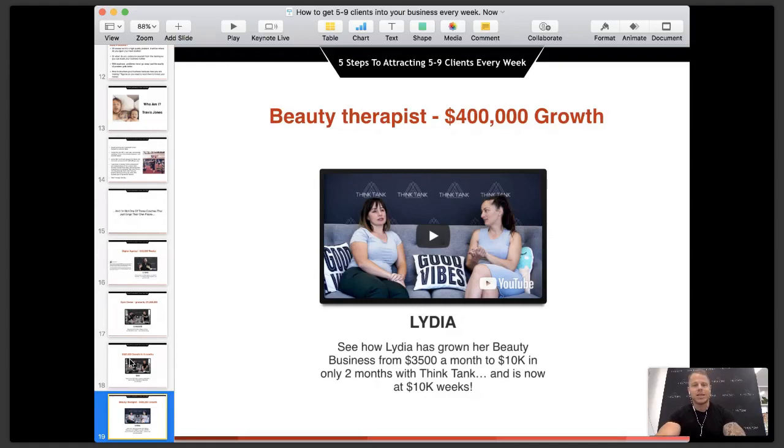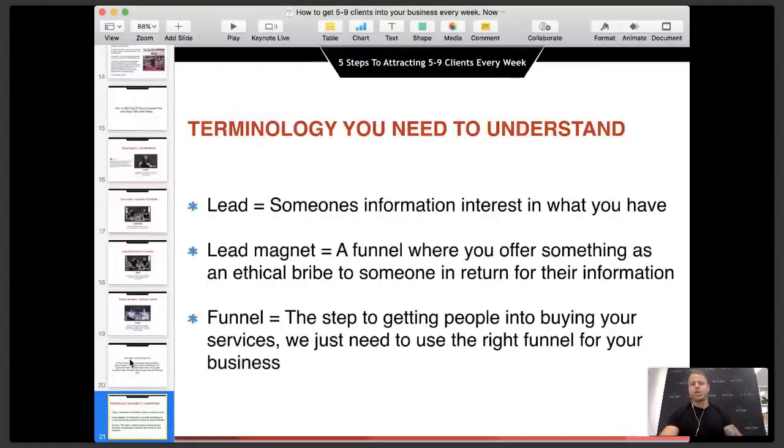Now, with this, let's get going. I'm going to talk about some terminology today. You have to understand what a lead is. Well, that's when someone actually gives you their information, name, email, phone number, for what you have. It's literally like an ethical bribe, where we do that through a lead magnet. So that's what a lead is. Essentially, everyone who's on here today, I have leads from you. I have your name and your email address and some of your phone numbers. So we can communicate, I can build rapport with you, and we can have conversations, which is amazing because our conversations are all about helping you.